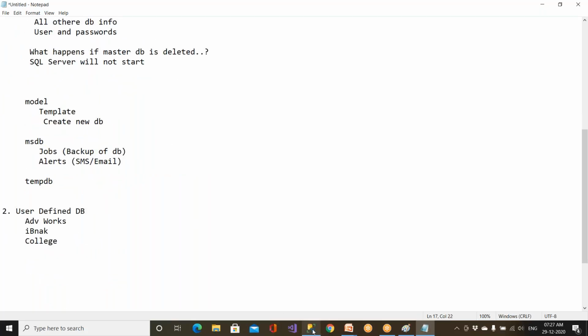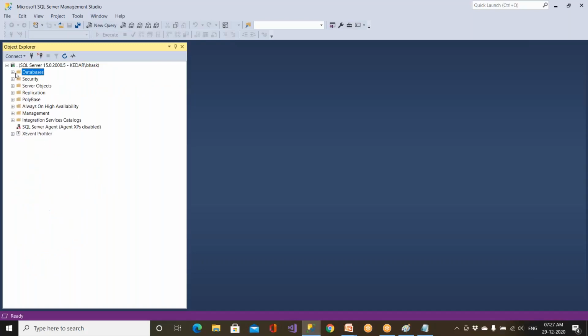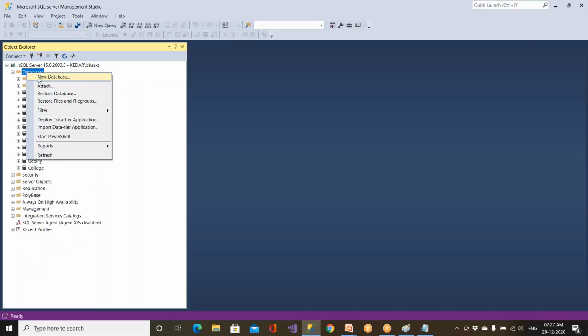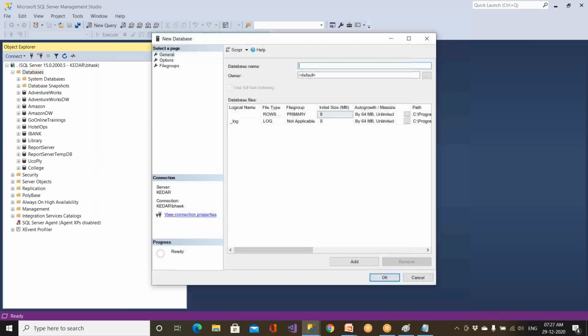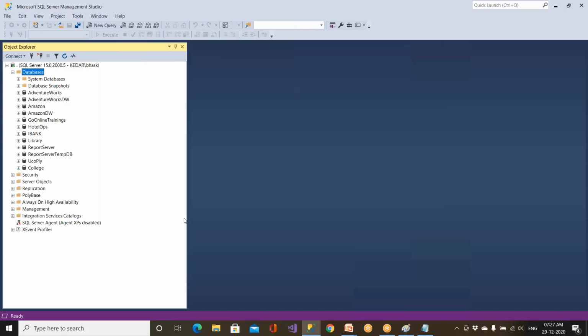Am I clear? So how to create a database is very, very simple. You simply right click on this and say new database. Never ever give different names. For example, college info. You don't give a space in between. It will get created, but make sure that you use an underscore, or we can create a database name without spaces.